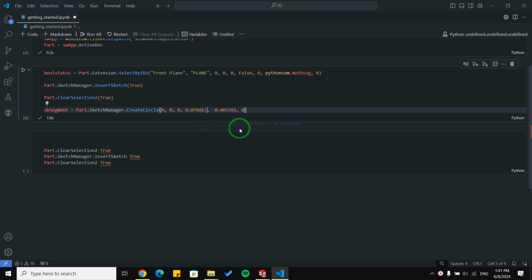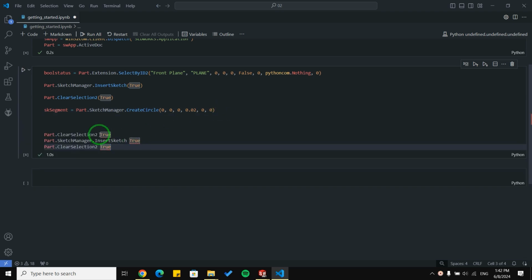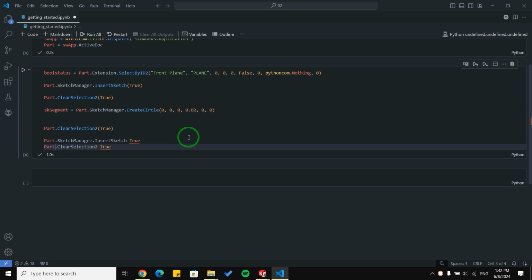I'm just going to show you how to create a circle with a radius of 0.02 meters, which is equal to 20 millimeters. So here I'm just going to write this code, and for the next three lines I'm just going to cut them, paste them here, and translate them to Python.